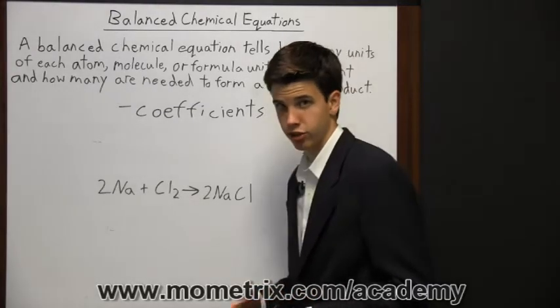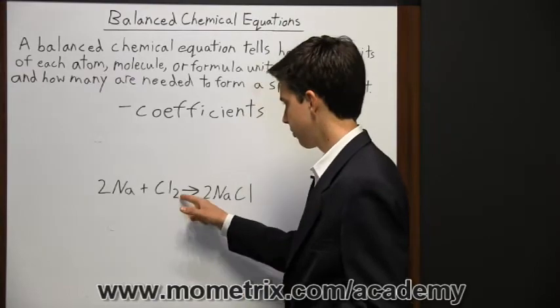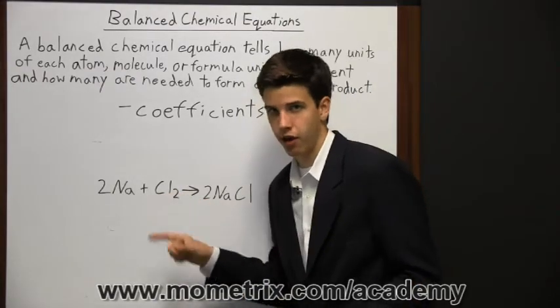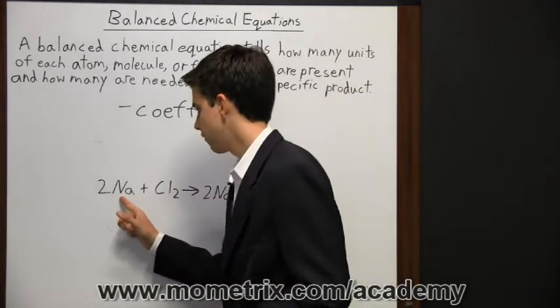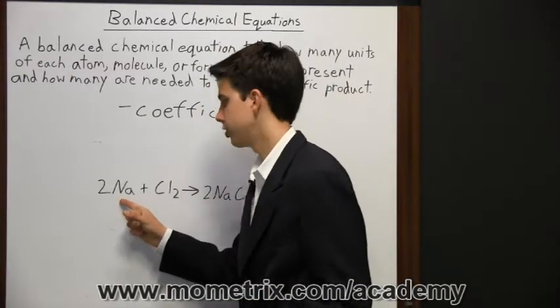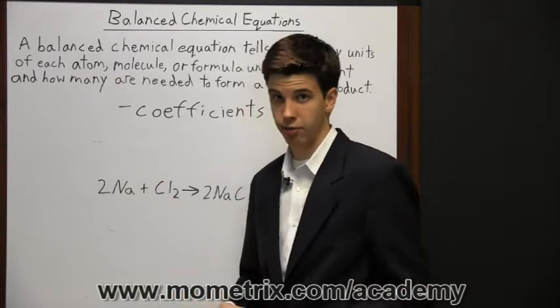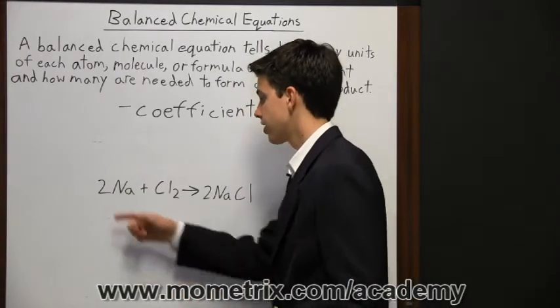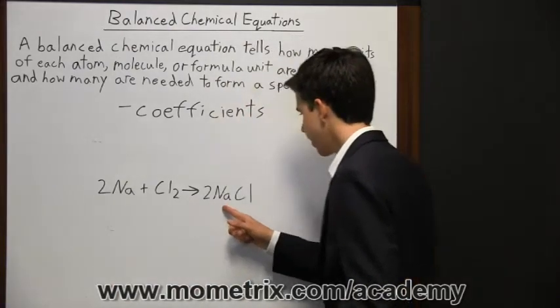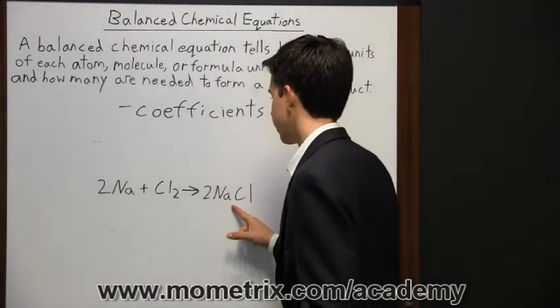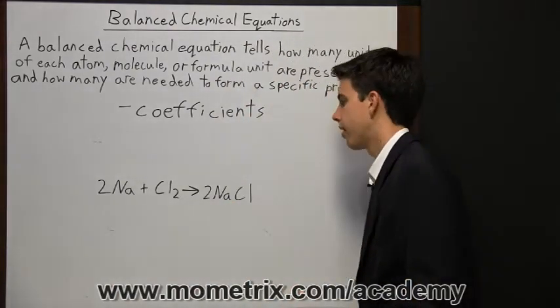So it's different than a subscript in that right here, this subscript means you have 2 chlorine atoms together in a molecule. So you have a chlorine molecule. Now over here, you don't have 2 sodium atoms together in a molecule. Instead, you just have 2 sodium atoms doing their own thing floating around. So that's what the 2 means here. You have 2 units of something. And so right here you have a sodium chloride molecule, and it means you have 2 sodium chloride molecules.